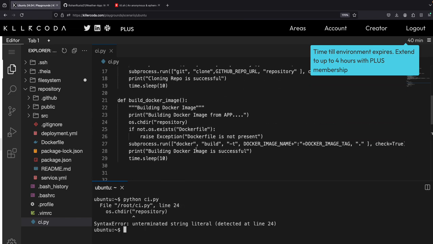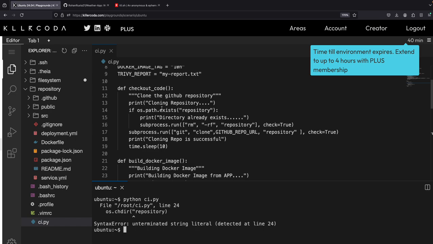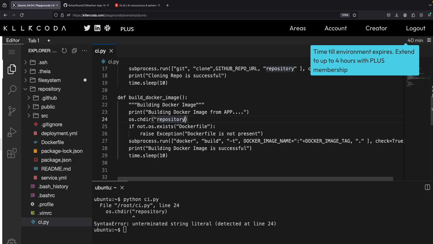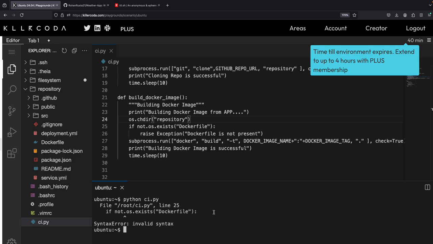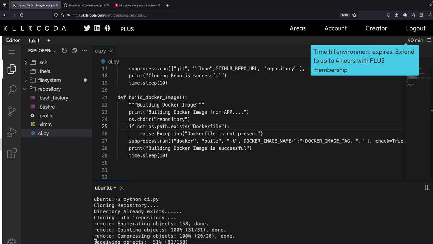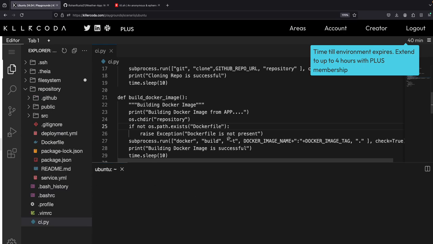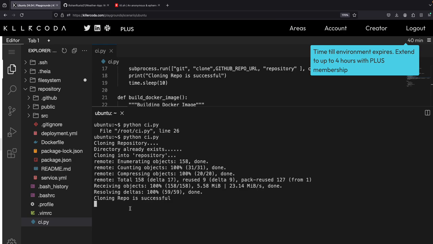OS change directory, I think I have forgotten this. Okay, this is the checkout. I forgot it here. Now let us again execute it. If not, okay, my bad. If not, os.path.exists should be the correct method. Okay, now again it is cloning it and checking out the code, and now our second stage should be